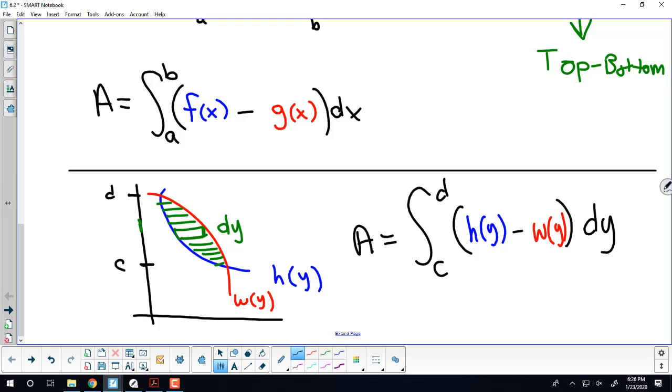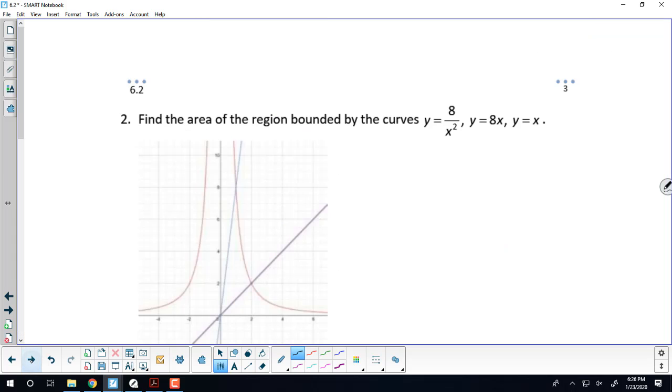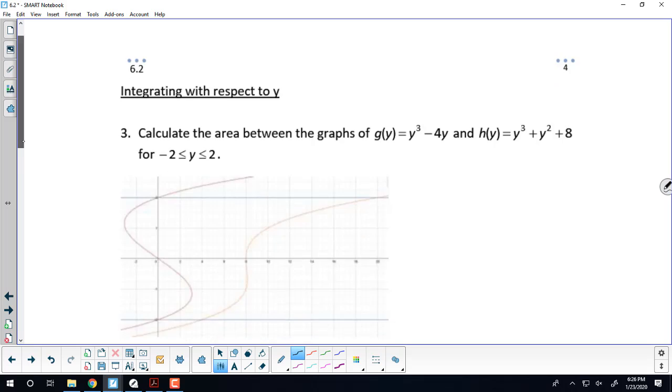Not only that, though, if you remember implicit differentiation, does anybody remember that? The reason we differentiated things implicitly was because why? Anybody remember? It was really difficult to do it explicitly. It's really difficult to do it explicitly, and sometimes it's even impossible to solve a function for y or for x. So we may not do this example, but I do want to point out this example number 3,